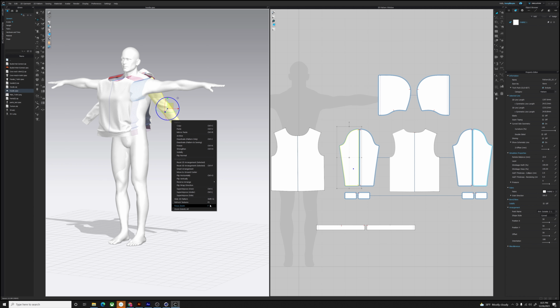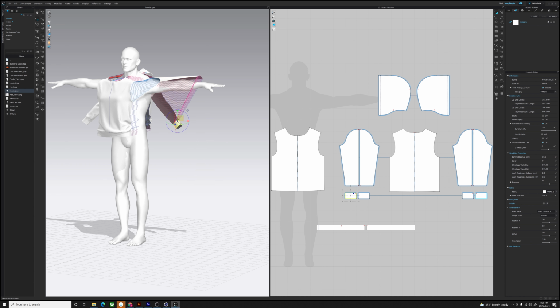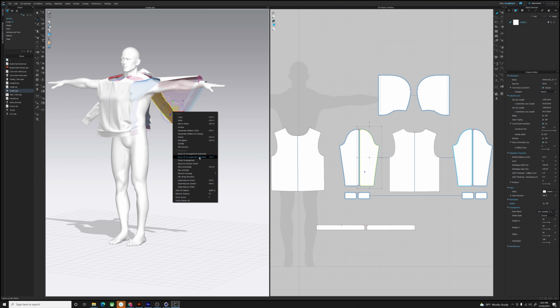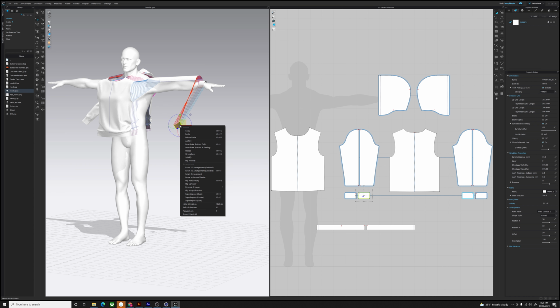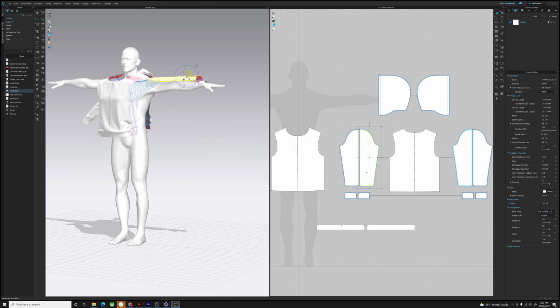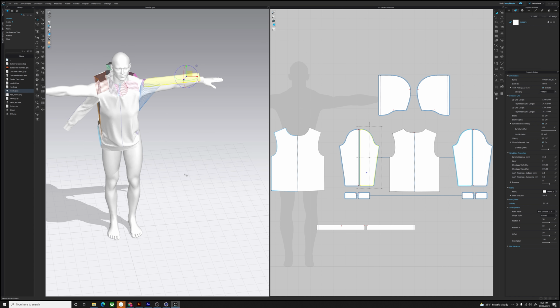Select this and go to reset 3D arrangement. One of these guys needs to be